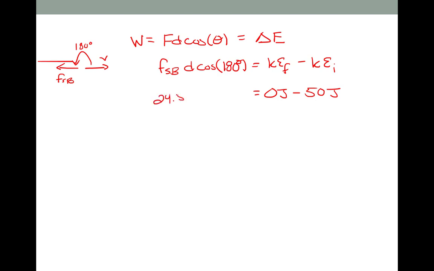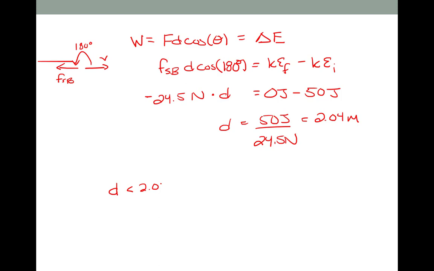Friction was 24.5 newtons. d is what we want to know, and cosine of 180 is negative 1, so I can put a negative sign out front. 0 minus 50 is negative 50, so the distance will be 50 joules divided by 24.5 newtons, which equals 2.04 meters. So the answer to this question is if d is less than 2.04 meters, then the block